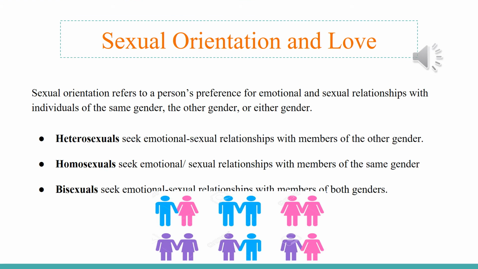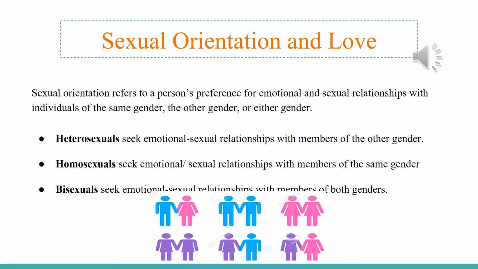Sexual orientation refers to a person's preference for emotional and sexual relationships with individuals of the same gender, the other gender, or either gender. Heterosexuals seek emotional, sexual relationships with members of the other gender. Homosexuals seek emotional, sexual relationships with members of the same gender, and bisexuals seek emotional and sexual relationships with members